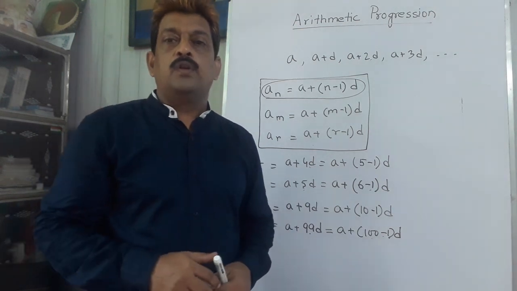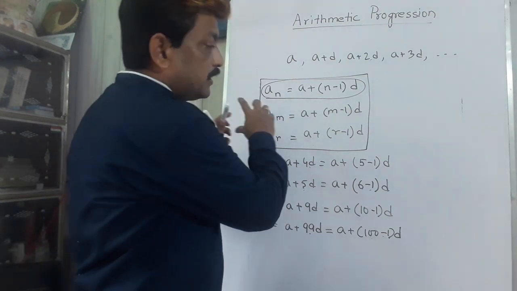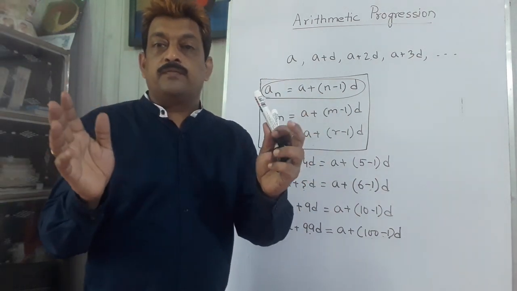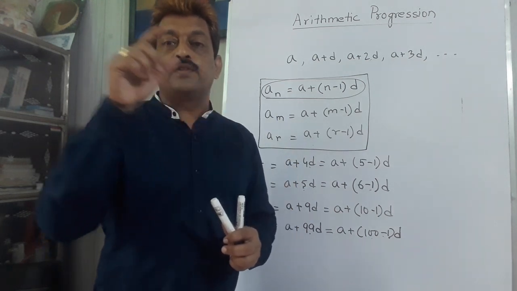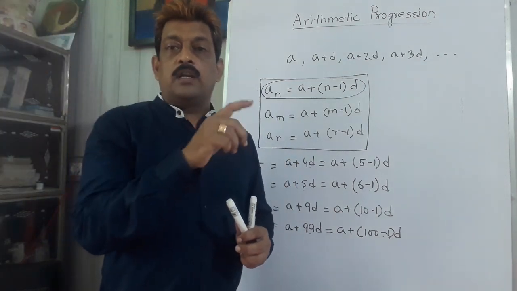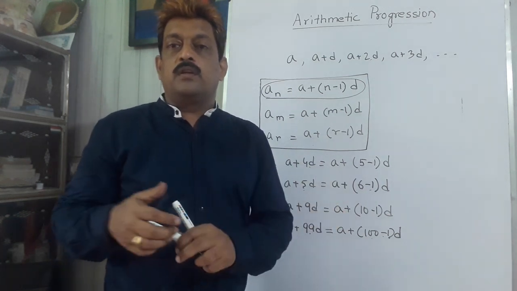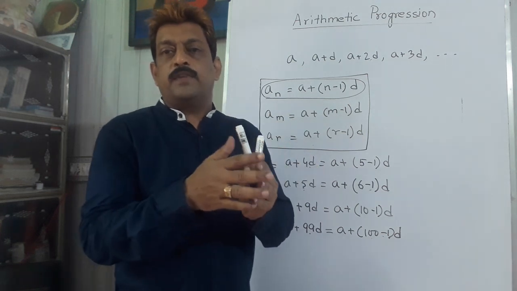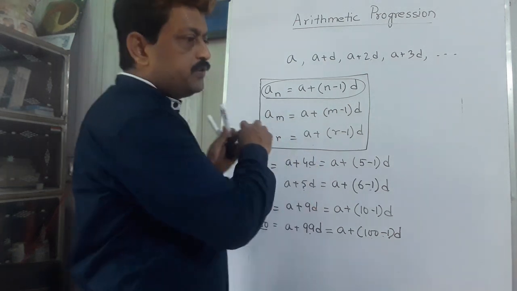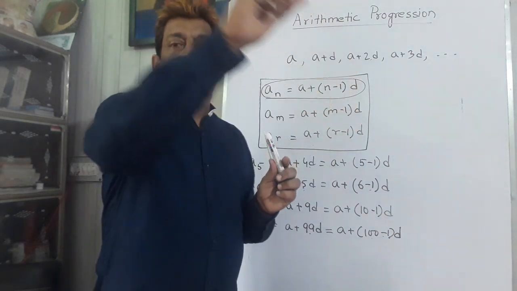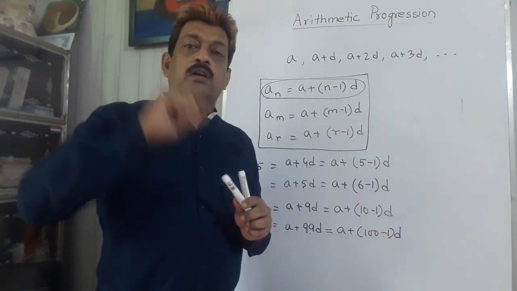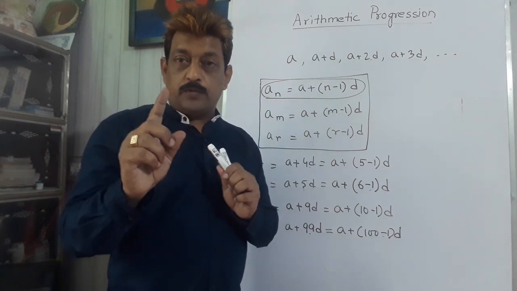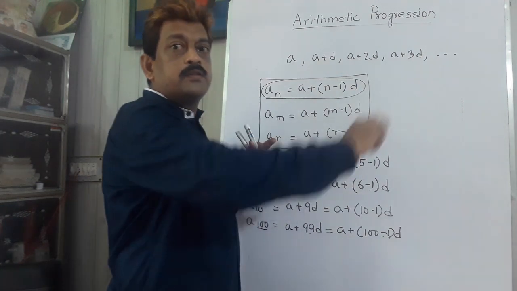7777th term. Is it possible to write all the terms from the first term, second term, third term? The AP is given. Suppose the AP is given as 2, 4, 6, 8, 10, that is, every number is obtained by adding 2 to the previous number. So the AP is written as 2, 4, 6, 8, 10, 12, 14. But I want the